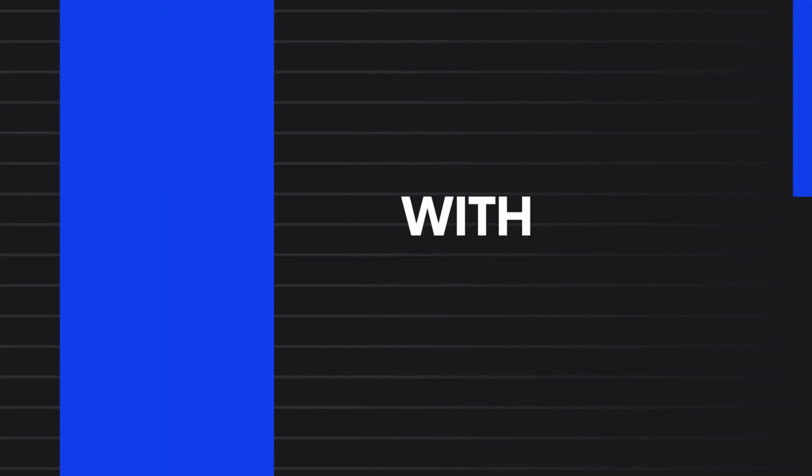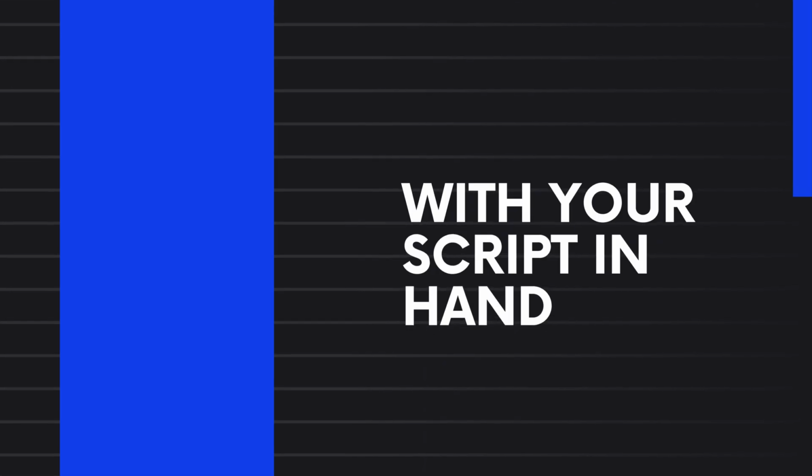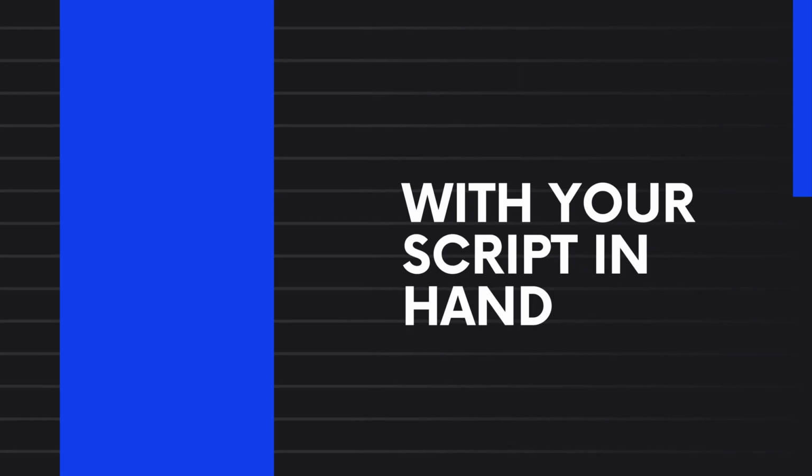With your script in hand, it is time to create the visual component using Canva. Begin by choosing a video format, typically a landscape orientation for YouTube or a vertical format for shorts and reels. You can start from a blank canvas or use one of Canva's many templates. The key is to match the visual design with the tone of your script. For example, if you are creating a motivational video, use bold text, inspiring backgrounds, and dynamic transitions. If you are creating a how-to video, use clean layouts, icons, and step-by-step visuals. Canva's tools make it easy to drag in images, videos, shapes, and text to bring your story to life without